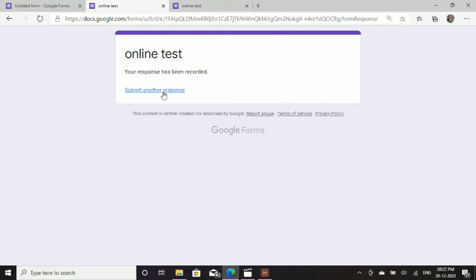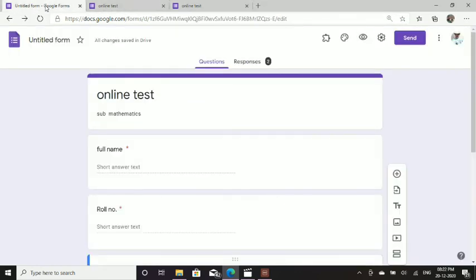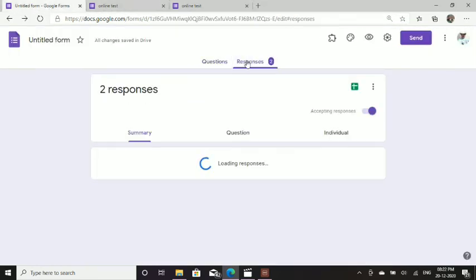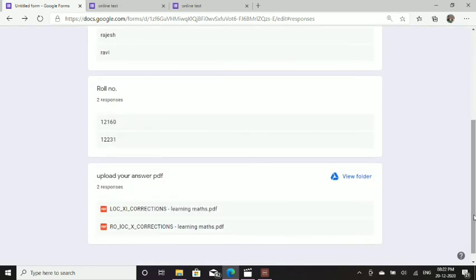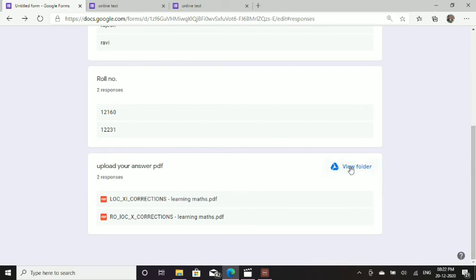Then the teacher can see the response. So the response is here. If you want, you can see the responses are here. Two files are there in this, Rajesh and Ravi, and I can download the files in the folder only. These two files are there. In the file the student can write his or her name also, so easily can be identified. The file will be in the same place, it will not scatter here and there, and from there you can see them in the folder easily.